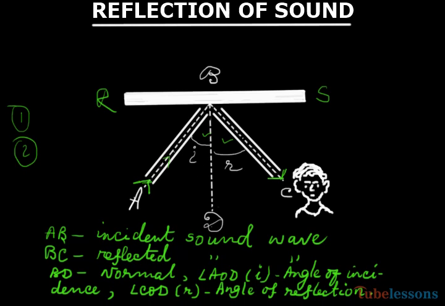Now, the practical application of reflection of sound. For hearing the sound coming from a very distant place, we often place our palm in a curved manner beside the ears. What is the reason behind this? To hear the sound clearly and distinctly, we place our palm beside the ears. The sound coming from the distant place is reflected by the palm and is heard very distinctly and clearly after the reflection of sound by the palm. This is one application: placing the palm beside the ear in a curved manner.